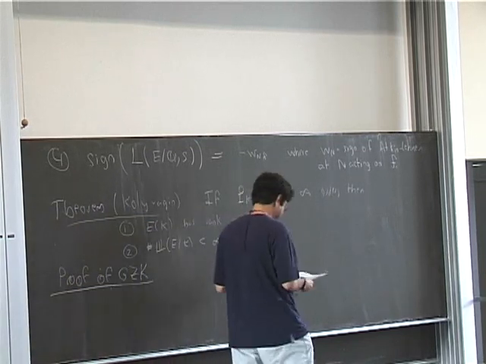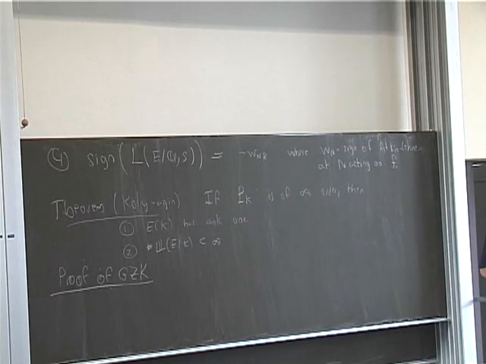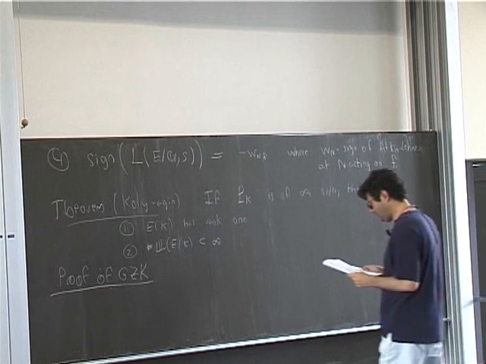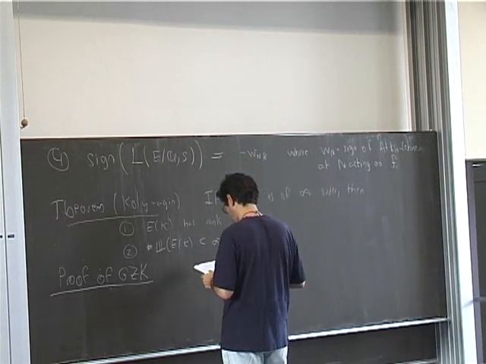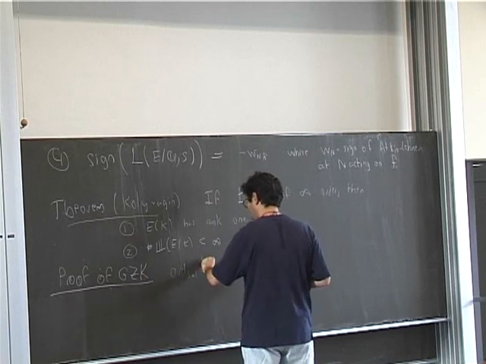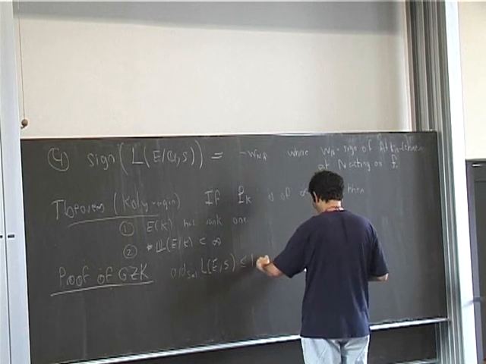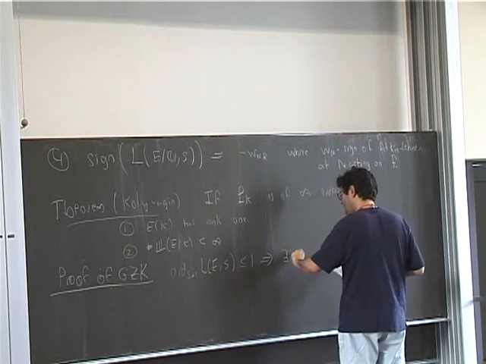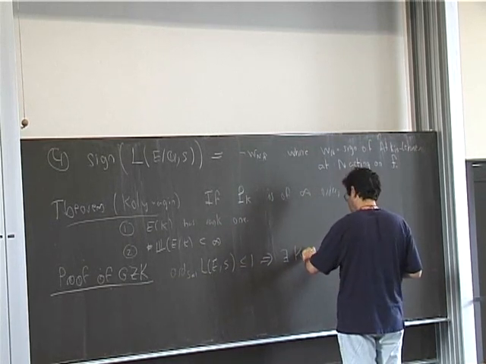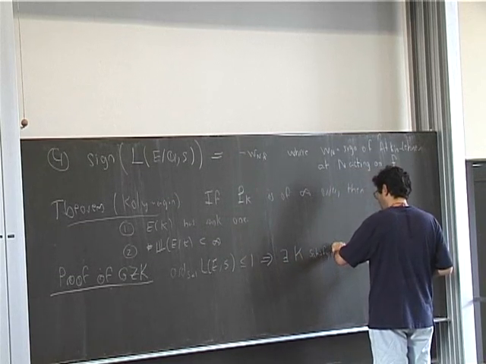So I start with an elliptic curve over Q whose order of vanishing is not too big. It's at most 1. So then, the fact that the order of vanishing at s equals 1 of the L series of E over Q is at most 1 implies that there exists a K satisfying the Heegner hypothesis